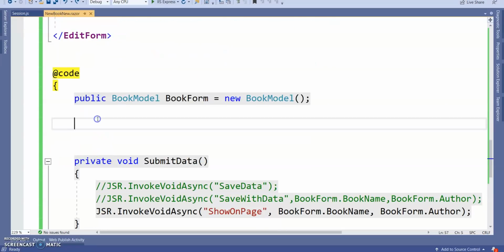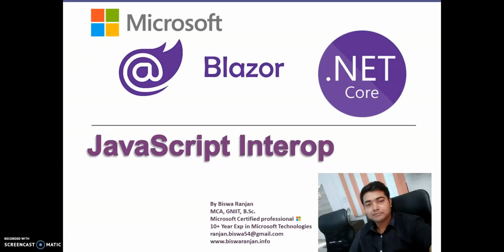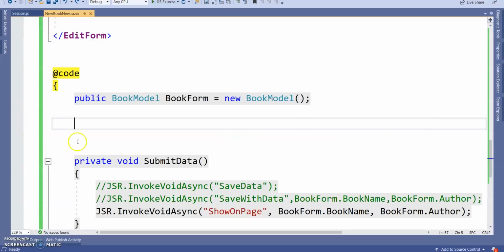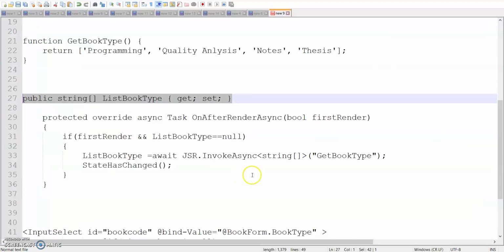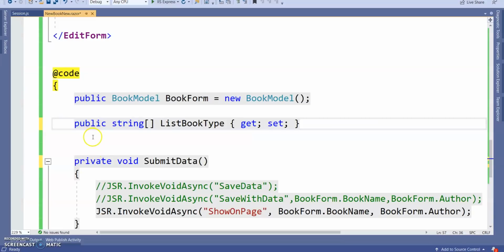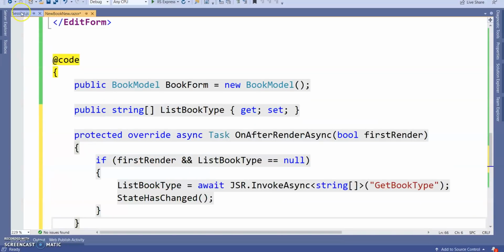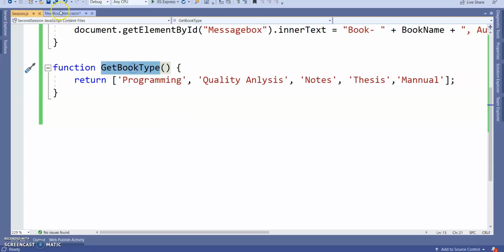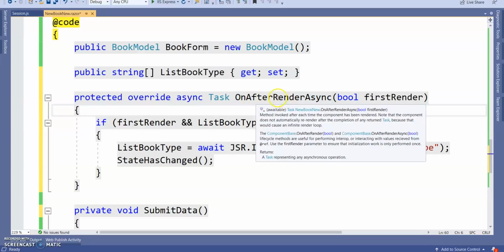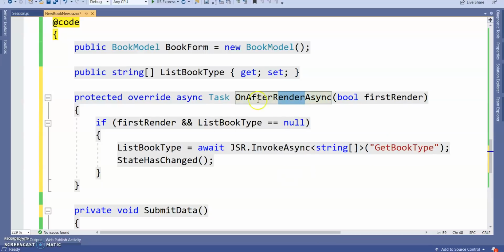So first declare a property. Here I am declaring one property, string array, list book type. Next, we are going to call that particular function in JavaScript, getBookType. Inside, we need to override an existing function which is OnAfterRenderAsync. Whenever render completes, this function will run.